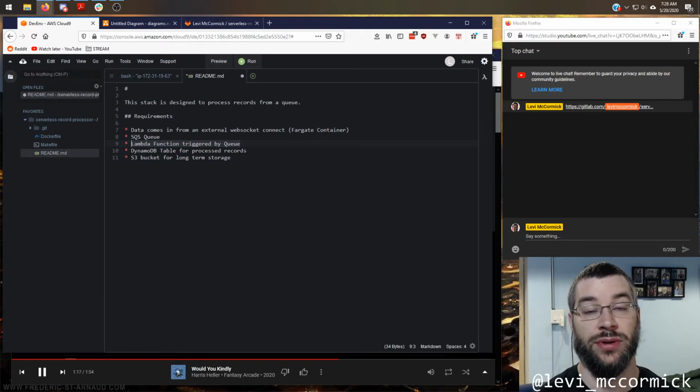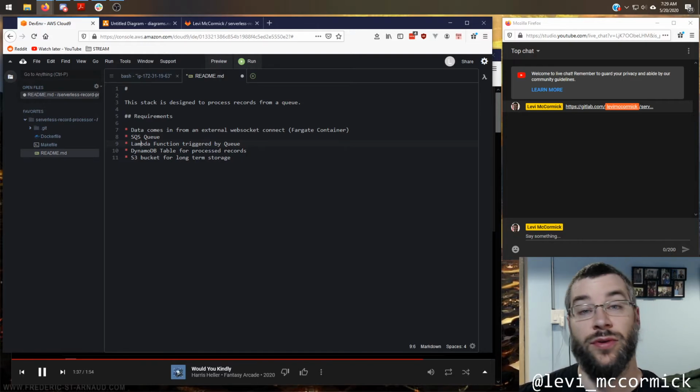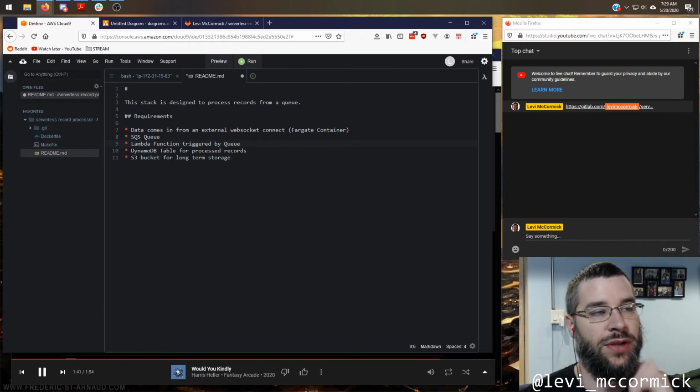This function is also going to be looking up records from Dynamo. What I learned while digging into this is that this function will receive a message from the queue, and it'll look up all the previous events for whatever ID is coming in from that WebSocket.